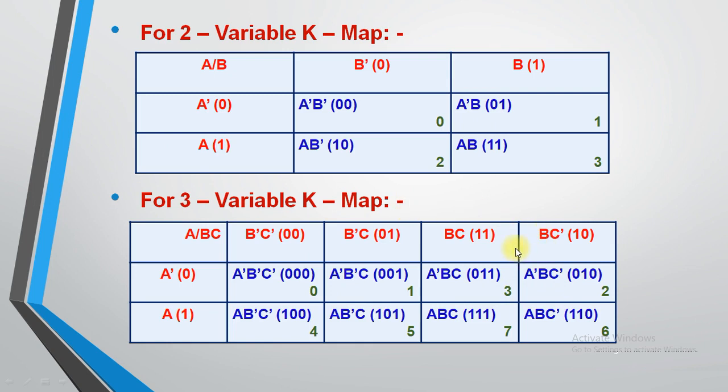So when you refer to the two input variables combination, at that time the combination is in this way: 00, 01. That is okay. Then the next combination is 10, which you need to write in the last column instead of the third column, right? And the last combination you need to write in the third column. So 00, 01, 11, 10, and 0, 1, 3, 2, 4, 5, 7, 6. Is that clear to everyone?